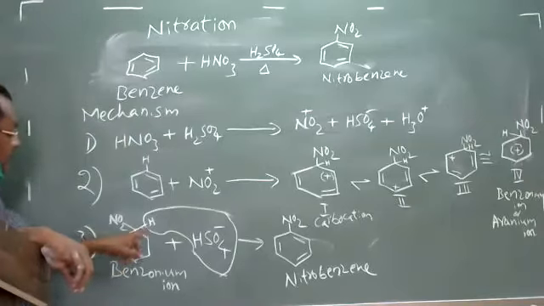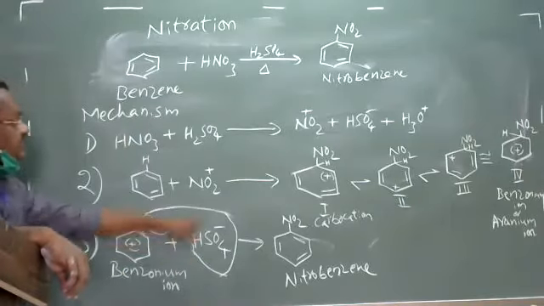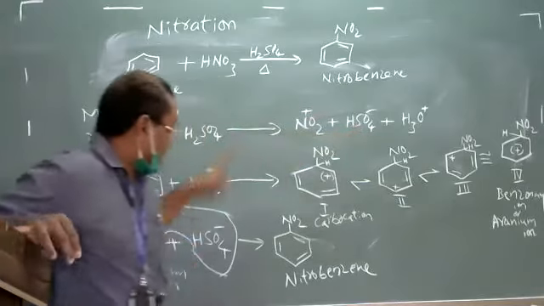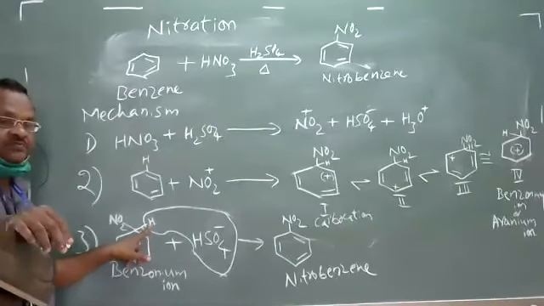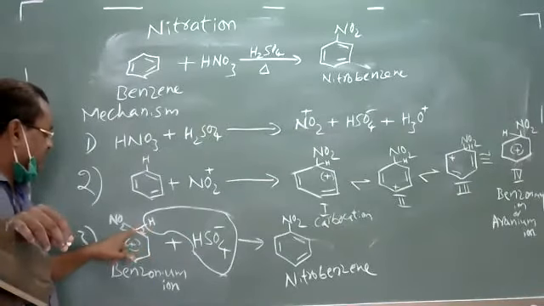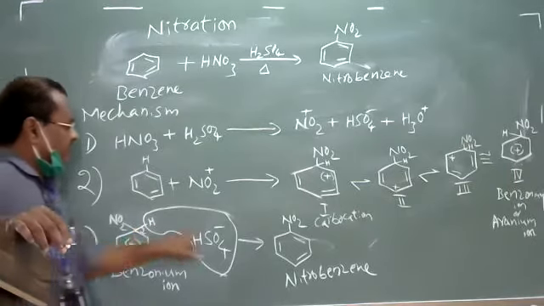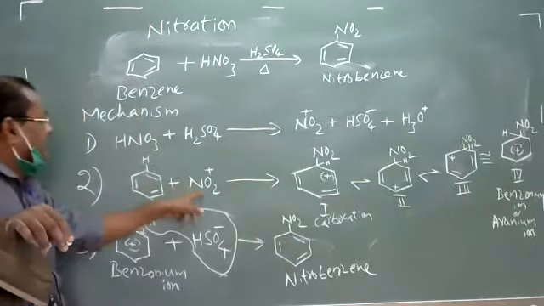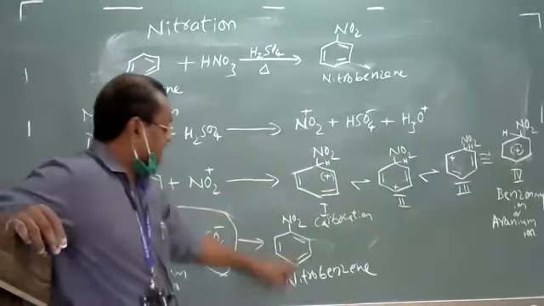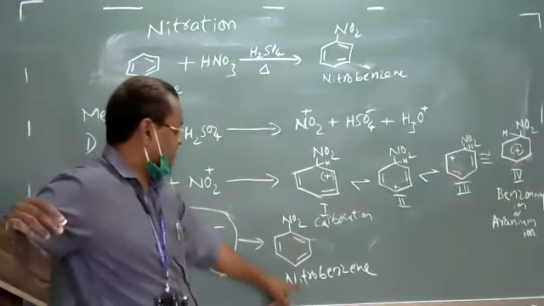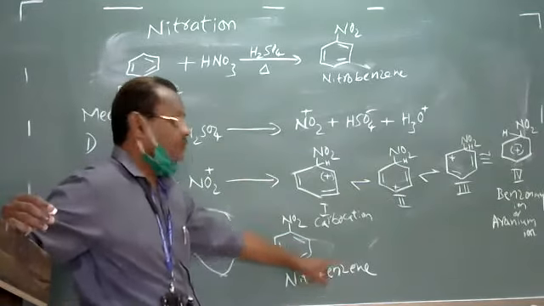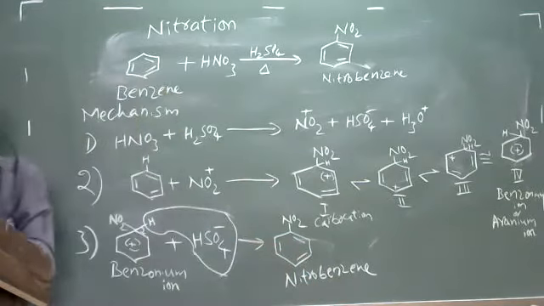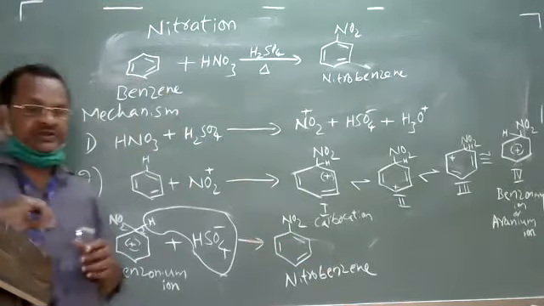So here, when this bisulfate base, which is formed in step 1, reacts in the third step, it pulls the hydrogen as a proton. This hydrogen leaves behind the bond electrons to the carbon, and this carbon will try to regain the pi bond which is lost by the attack of the nitronium ion. So it regains. Thus, ultimately, what is formed is an electrophilic aromatic substitution reaction, and the product is nitrobenzene.